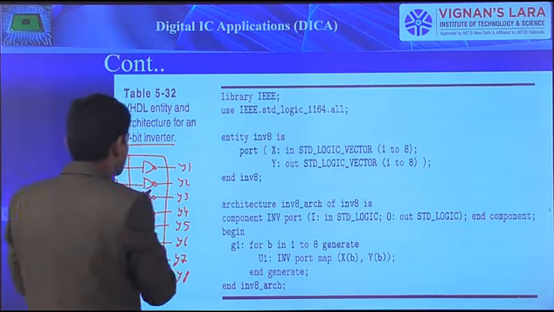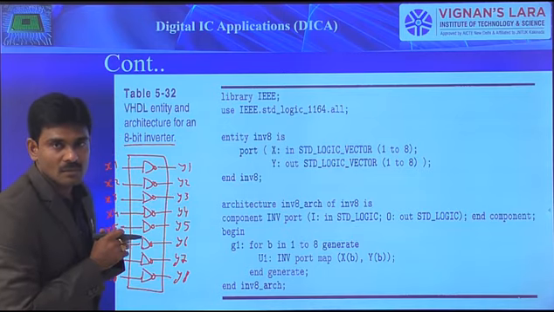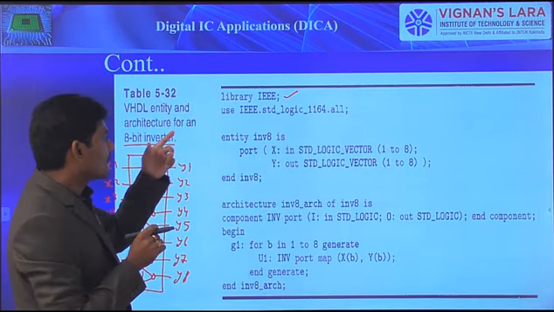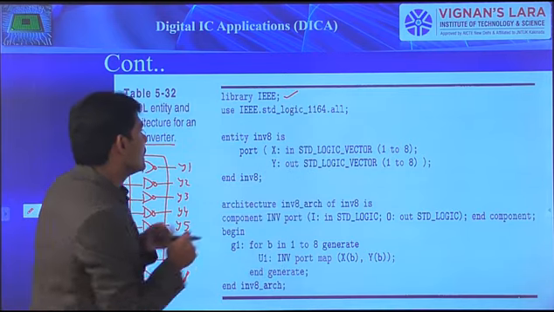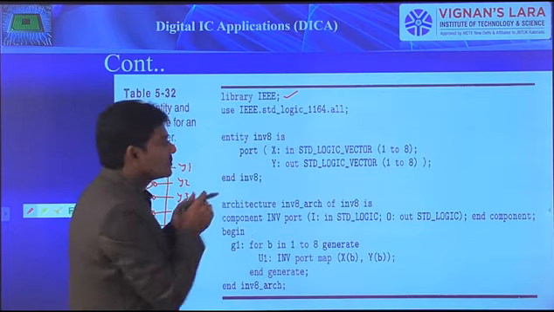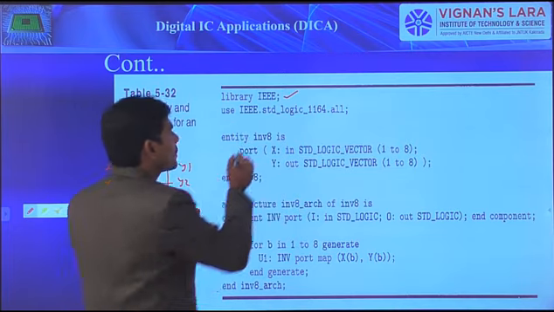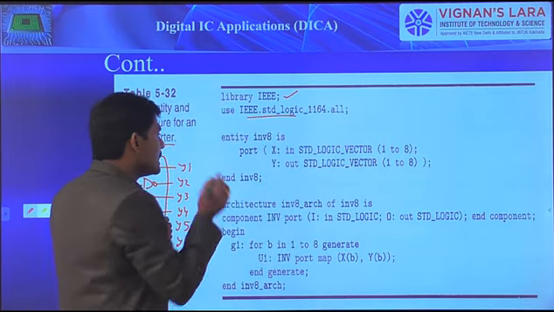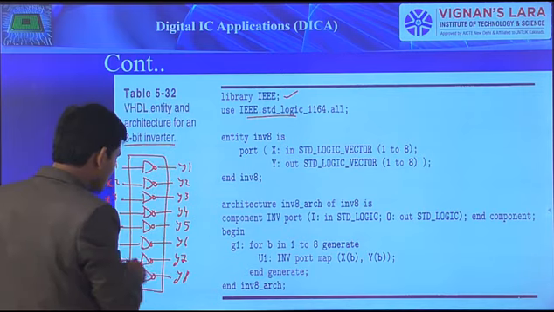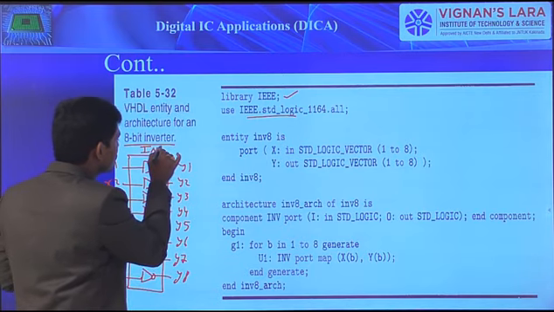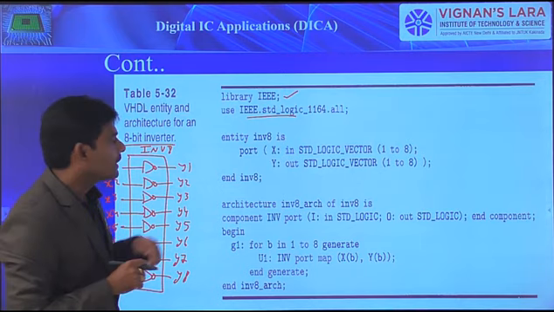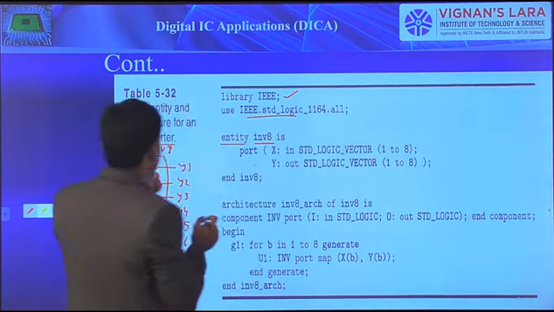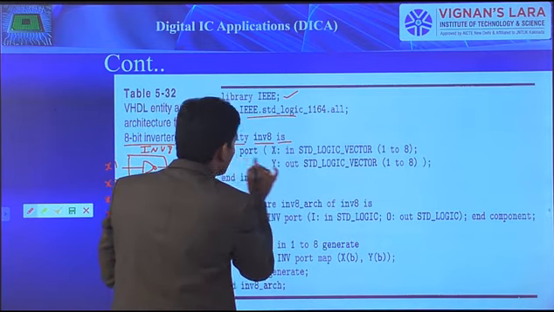So this is the 8-bit inverter we are supposed to realize. First, we are supposed to declare the library, which is the IEEE library. Next, we are supposed to add the package, std_logic_1164.all, which belongs to that particular library. And next to that, the entity. While writing this entity, I named it inverter 8 for this particular module. So the entity name is inverter 8, with port.